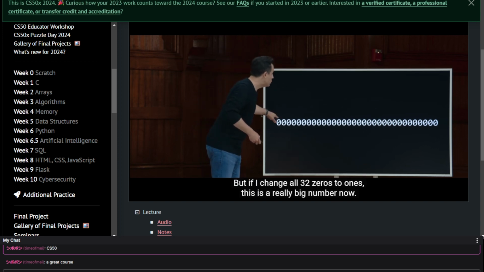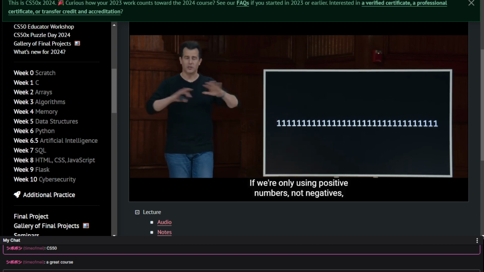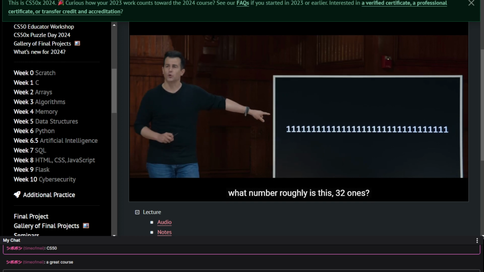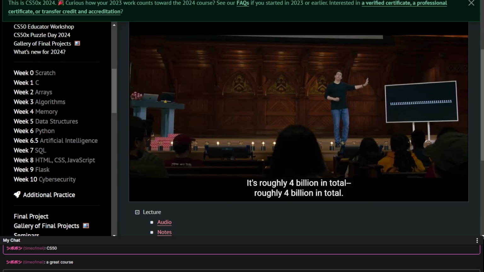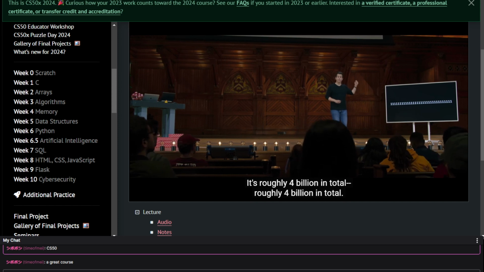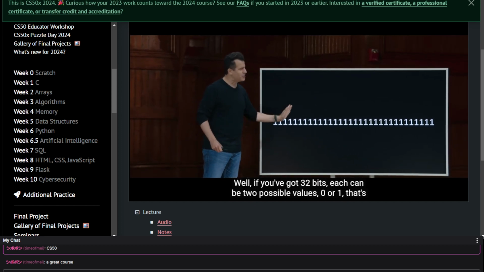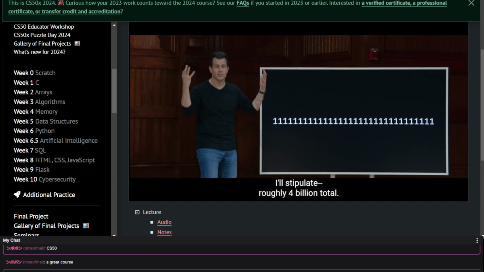But if I change all 32 zeros to 1s, this is a really big number now. If we're only using positive numbers, not negatives, what number roughly is this? 32 ones. It's roughly 4 billion in total. Why? Well, if you've got 32 bits, each can be 2 possible values, 0 or 1. That's 2 to the 32nd power, which is roughly, I'll stipulate,